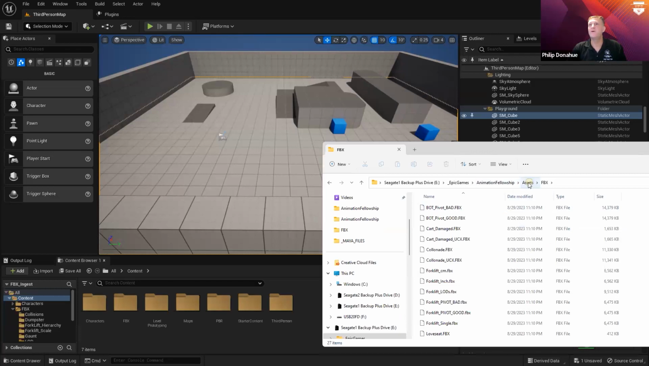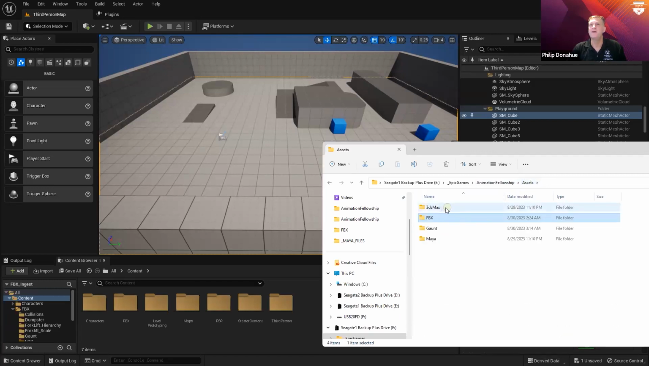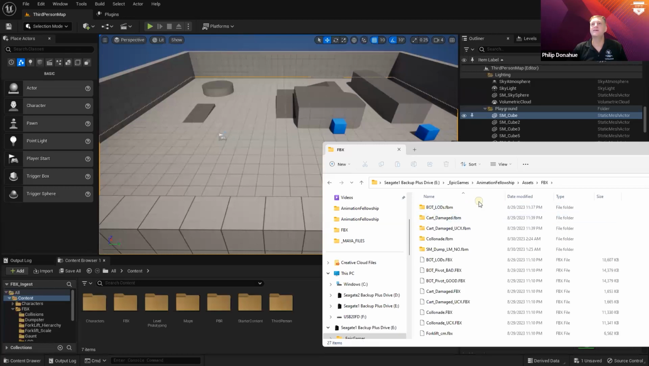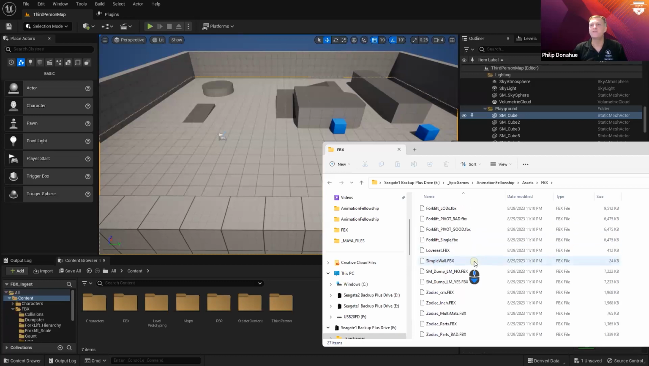You'll notice if you go into there that we've got a couple of different DCC file folders here for you to use if you want, but we're only going to be really working in this class with the FBX folder, and then at the end of the class we'll look at Gaunt, which is the skeletal mesh. So let's go ahead and go into FBX, and I'm going to drop in a couple of different static mesh FBXs. So we're going to look at the Zodiac,